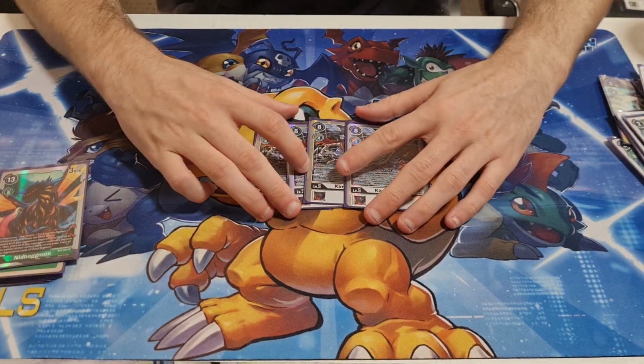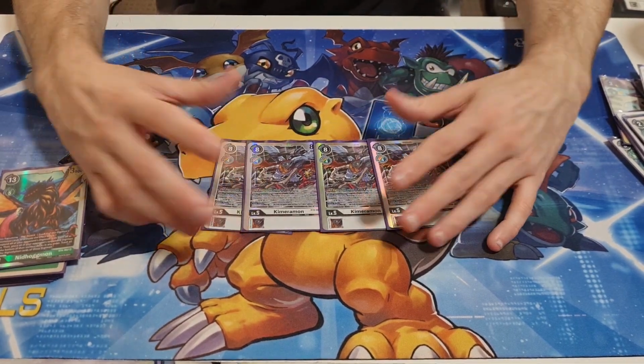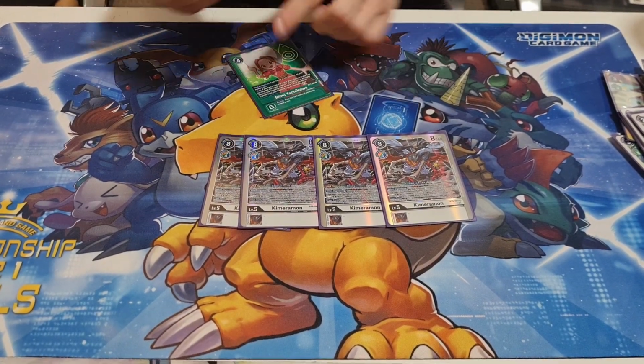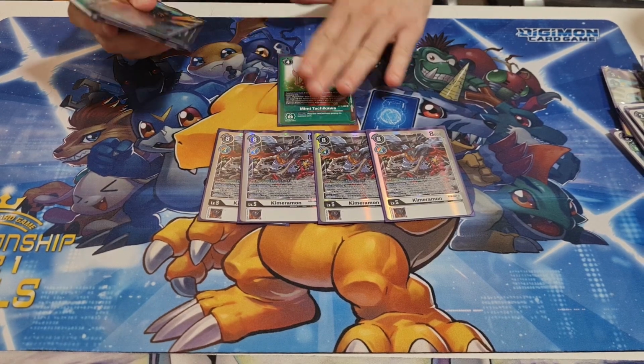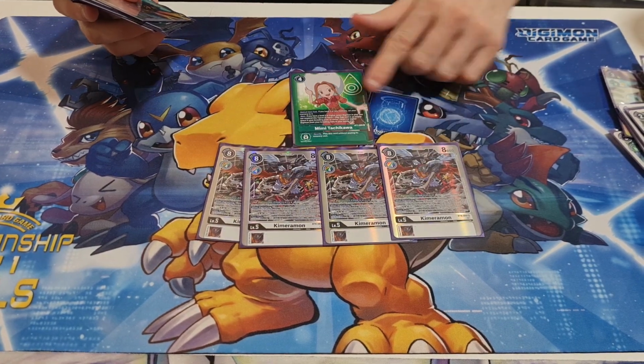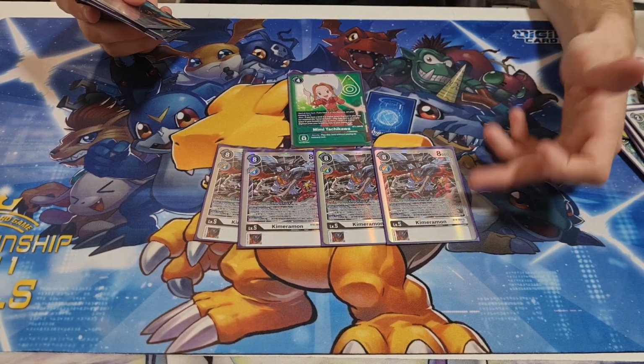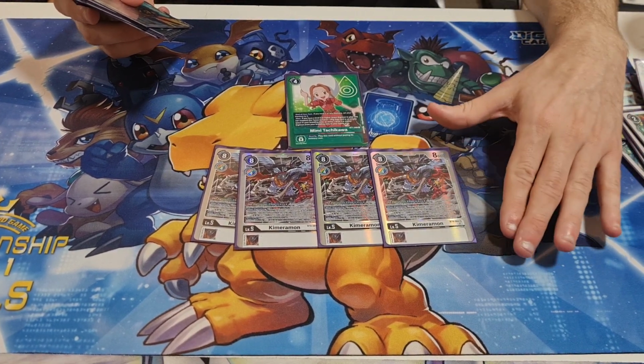Here's our level 5 for the deck, and it is Chimeramon. Now, it is white, and you might be thinking, why are we playing that as our level 5? But Mimi says you just need to have a green level 5 to be able to tap and do all Mimi shenanigans, and this card identifies as every color under it on your turn. So this is always a green level 5,